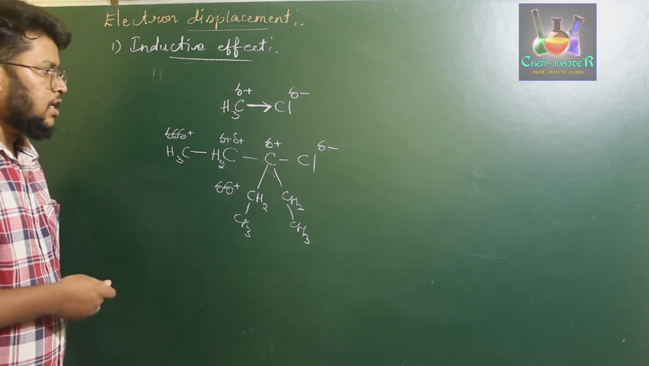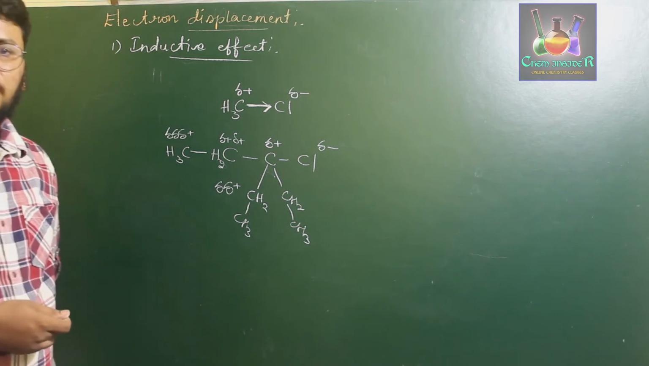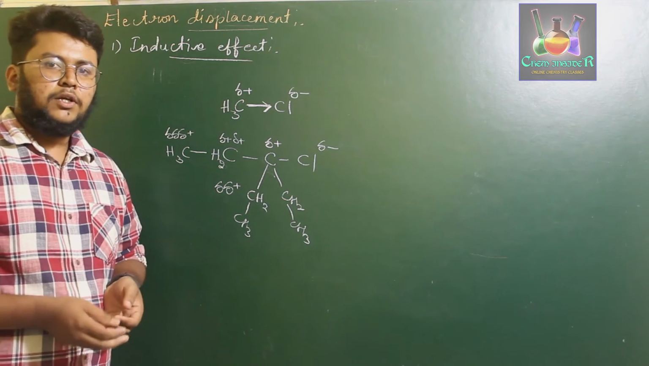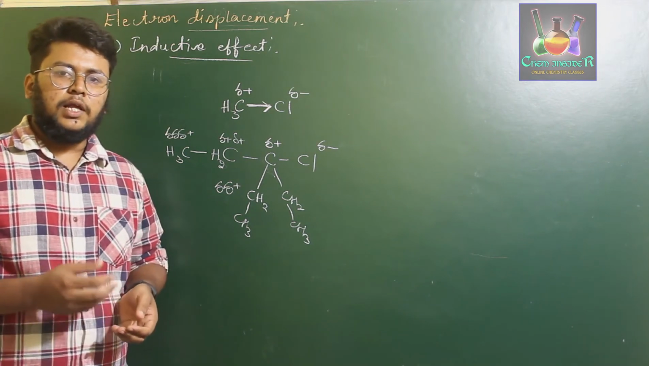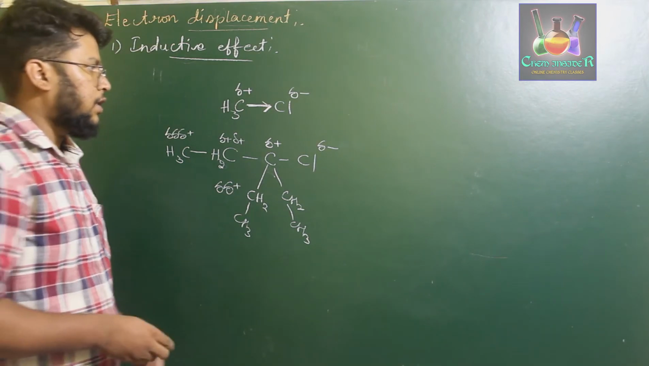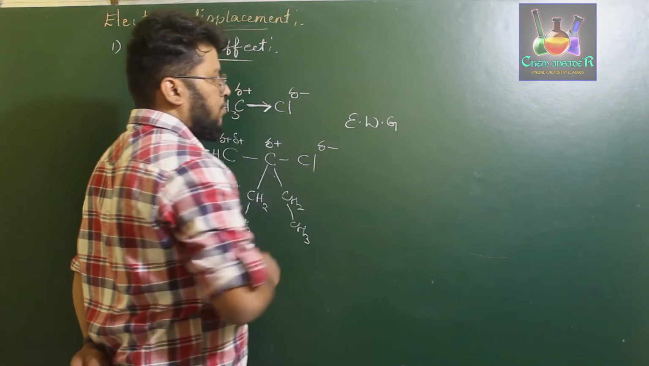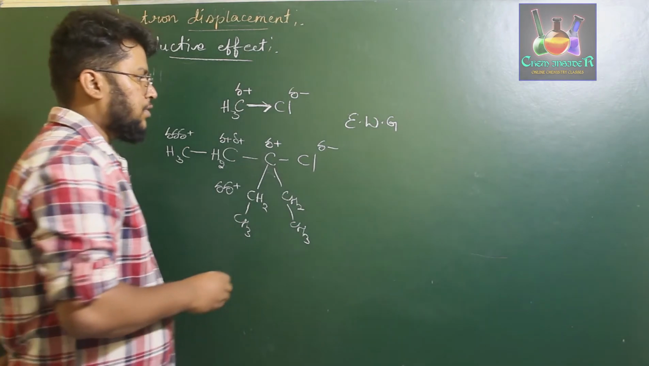Okay, this type of effect is called the inductive effect. So based on the ability of the groups, we classify them into electron withdrawing groups and electron donating groups. For example, examples of electron withdrawing groups are